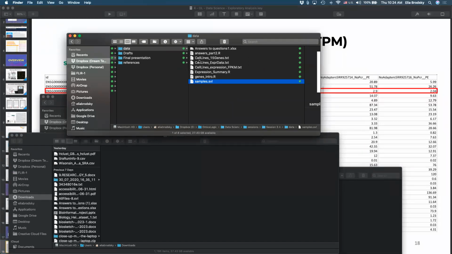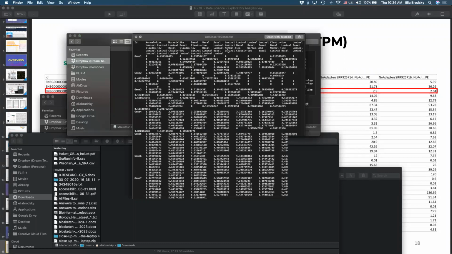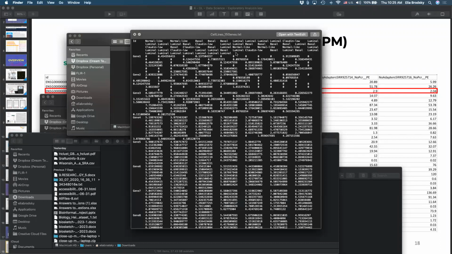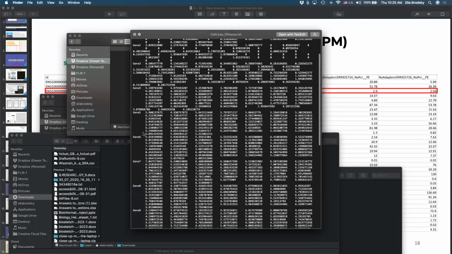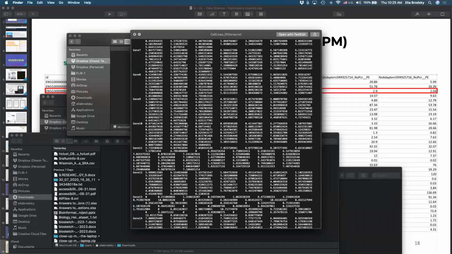So let's take a look at some differences between these files. So this file we used, and it's really just simplified, right? In terms of ID, it has names of groups. It doesn't tell you the actual name of that sample. And instead of actual genes, it just tells you gene 1, 2, 3, etc., right? So one of the things that we asked you to do was to visualize gene 10, or to compare different genes and see which one is more informative or less informative. So we're going to talk about this just in a second.